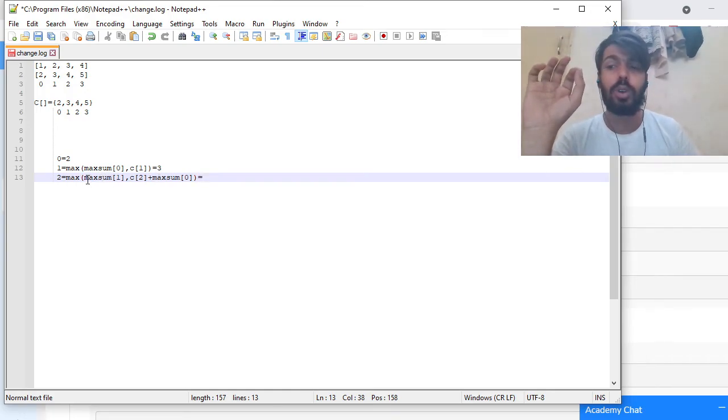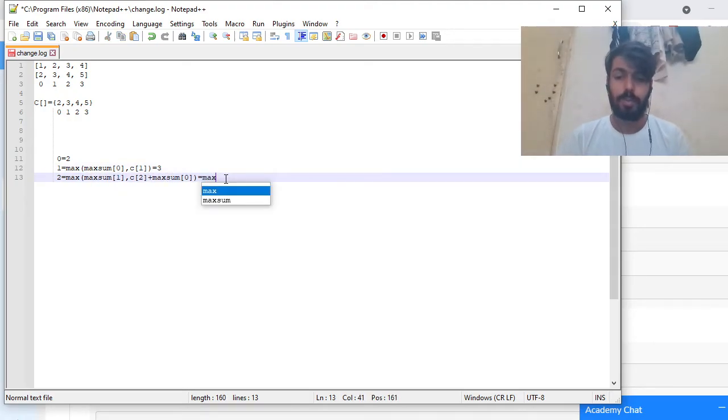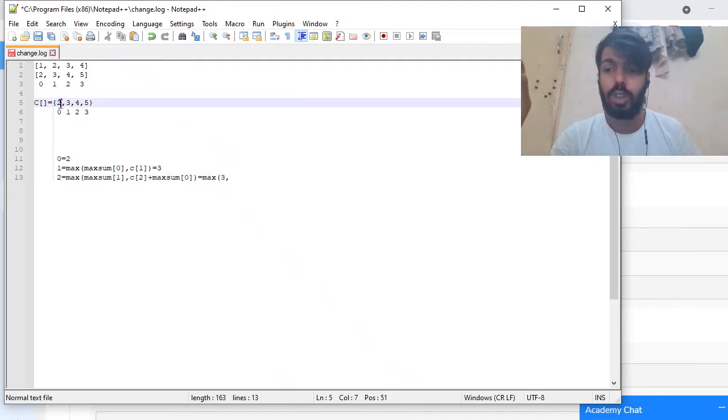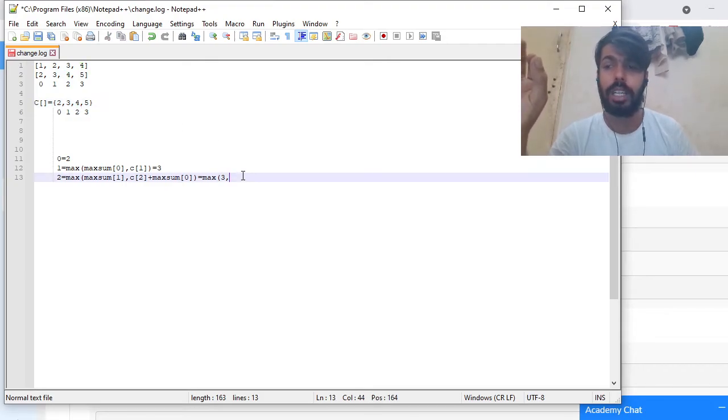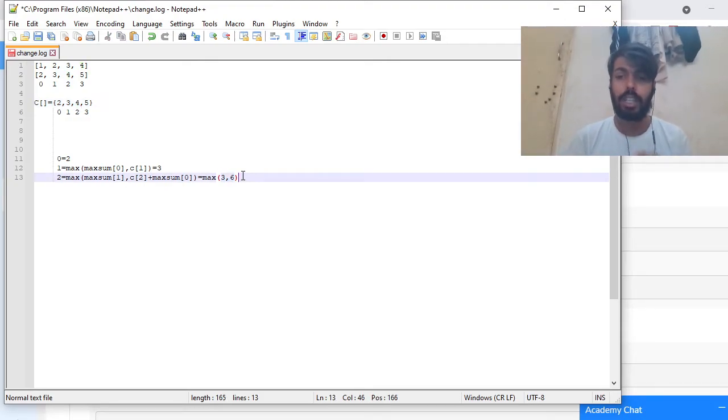And I have to return the maximum of these two. Max sum till 1st element was 3, or max sum till 0th element was 2 and I am adding 4 to this, so 6. I have to return max of 3 and 6. So our answer will be 6.